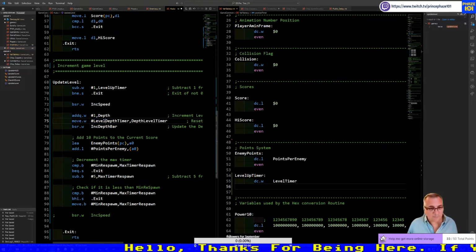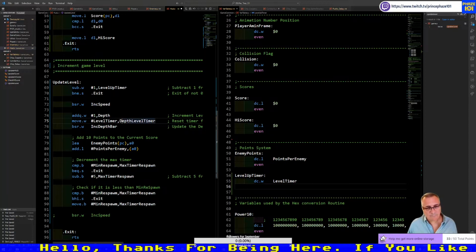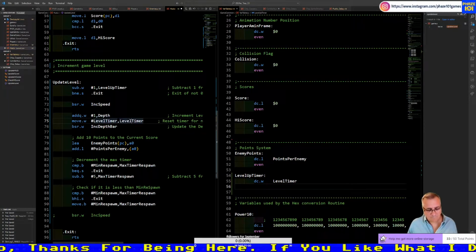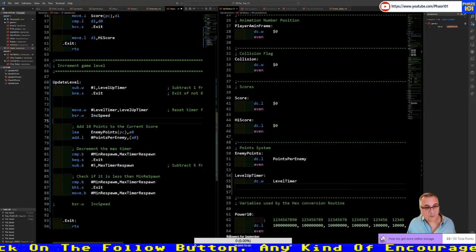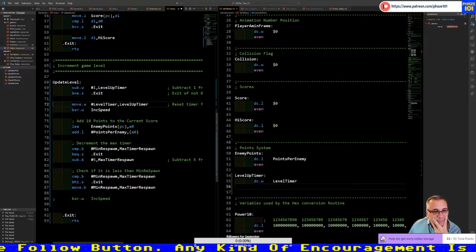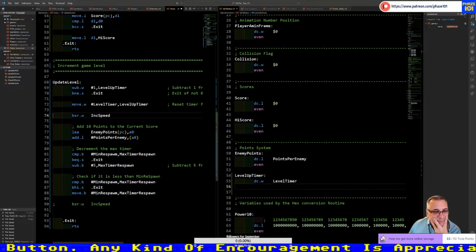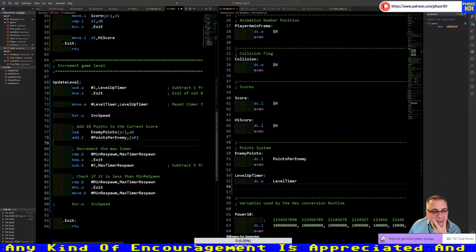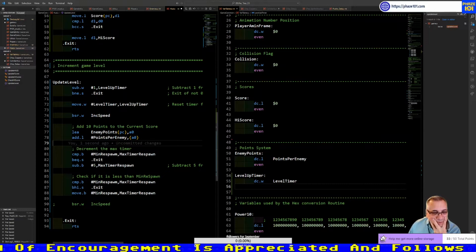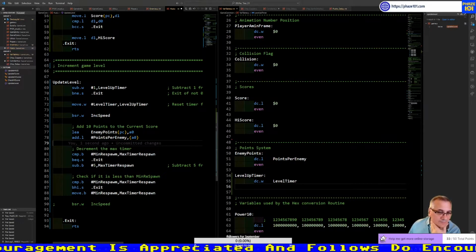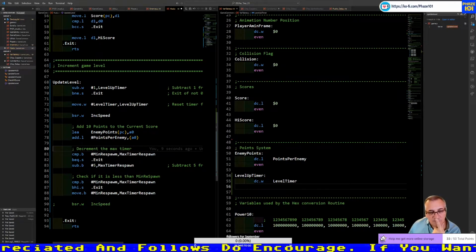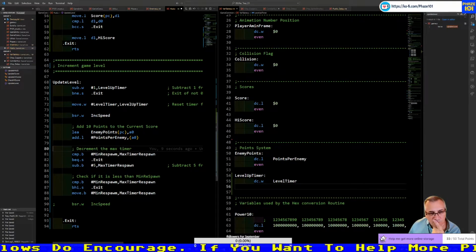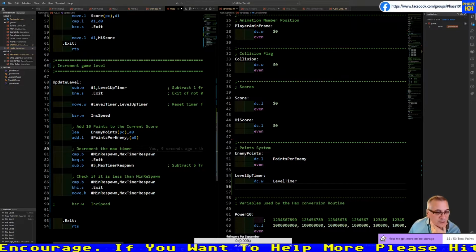Level timer. We reset it, and every time we increment the speed. Then we add 10 points to the score. Yeah. Increment the max timer. Oh yeah. So here we do not increment if we reached the maximum.